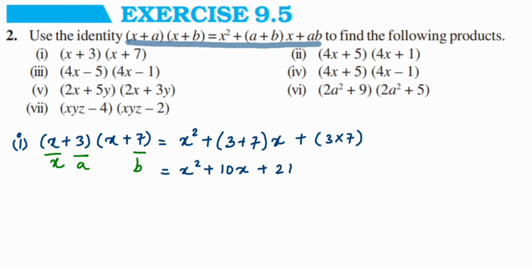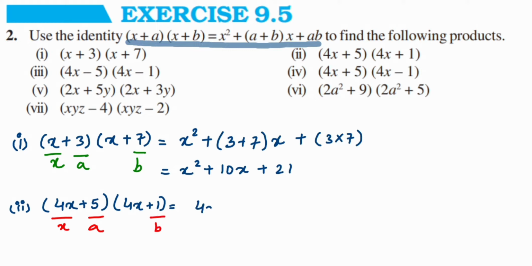Now we'll move on to the second one. The second one we have (4x + 5)(4x + 1). Okay, so here the x value will be 4x. In place of a we'll substitute 5, in place of b we'll put 1. So this is equal to